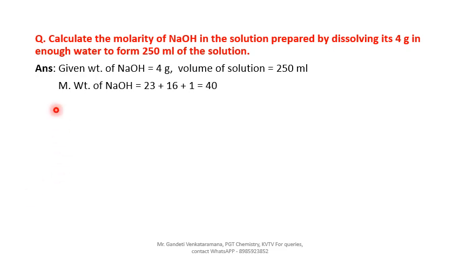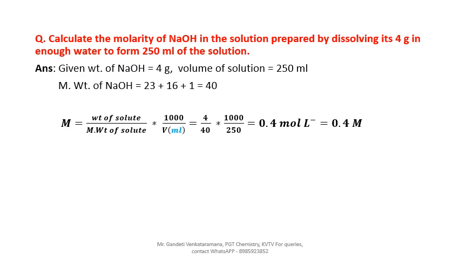So molecular weight of the NaOH is 23 plus 16 plus 1 equal to 40. Take the gram, 40 grams. Here molecular weight of NaOH or molar mass of the NaOH should be taken in grams only, because in the question we are dealing with grams. So don't take unified mass. Unified mass generally we don't use. So just take 40 grams. Molar mass, we deal with molar mass. Otherwise gram, molecular mass, whatever it may be, in grams only.